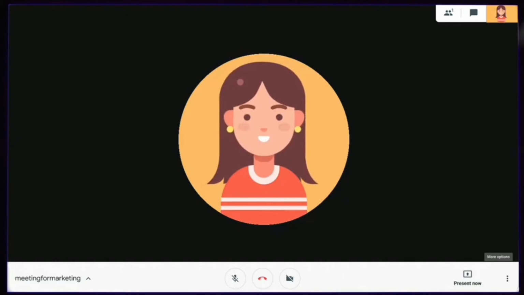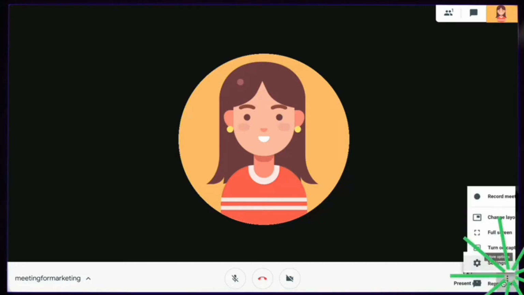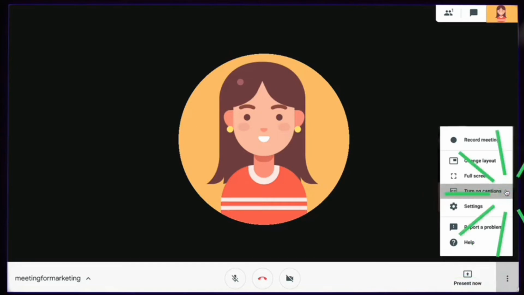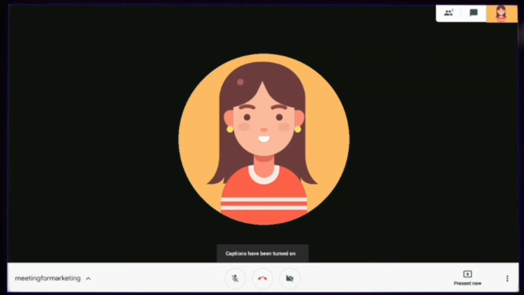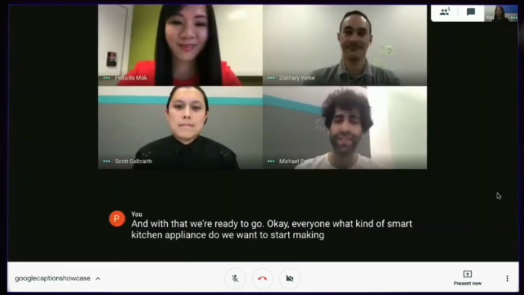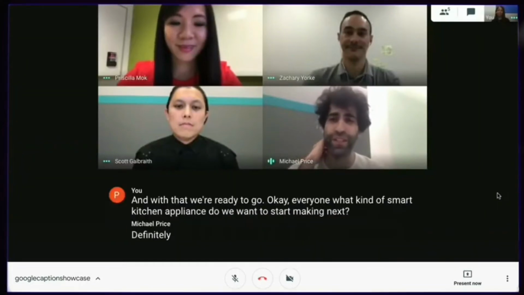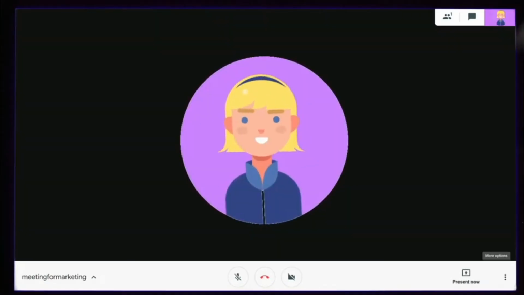The next feature is, if you want to be very accurate in your speech, or if you want to know what you're speaking and that the right message is conveyed to your participants, then you can turn on the caption. The viewers can also turn on the caption, and it will be very useful for those who are having audio problems, or if they choose to read rather than listen. Based on how this caption works, I can rate it 3 out of 5 because it is not as good as YouTube's auto-generated caption. Anyway, it will be updated in the near future.